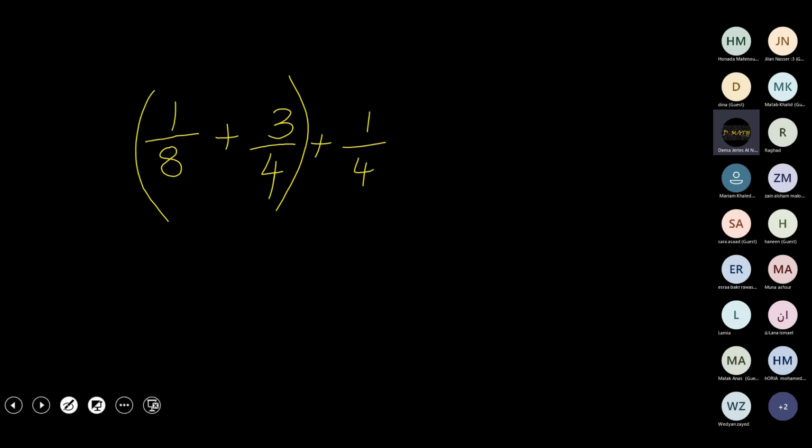How can I use the associative property? The associative property tells me that if you change the position of the parentheses, it doesn't matter. So I can rewrite it as 1 over 8 plus,